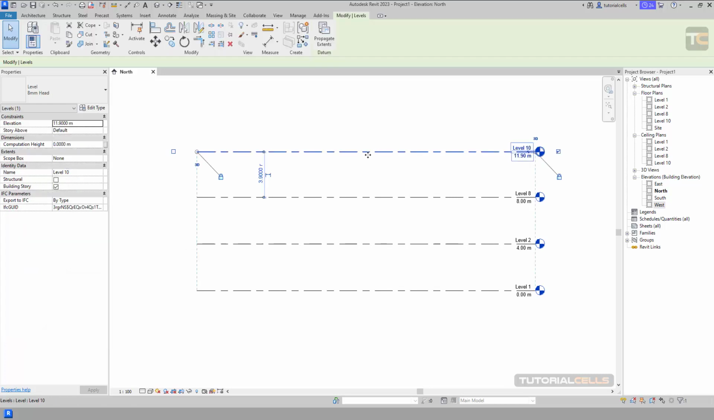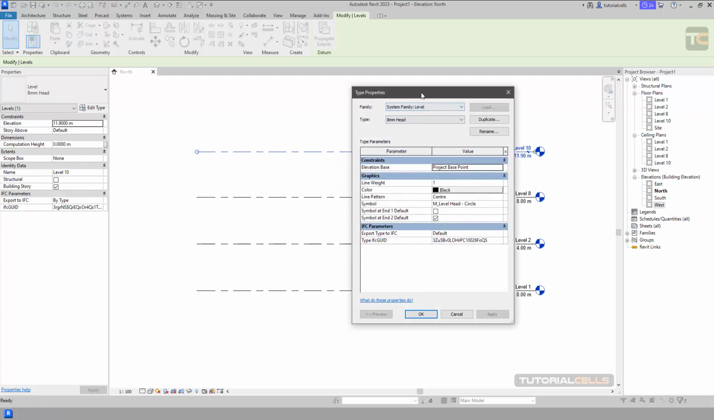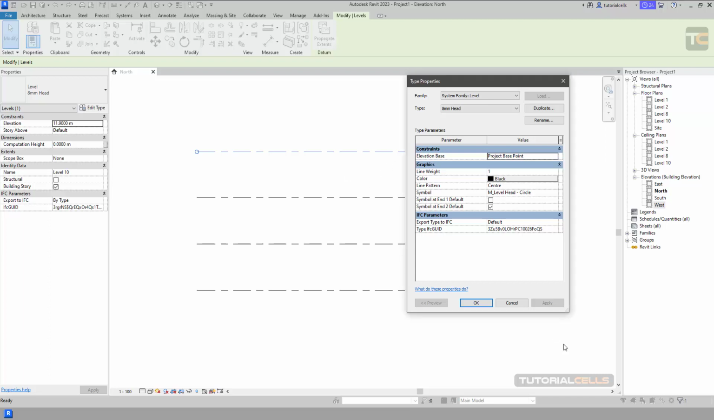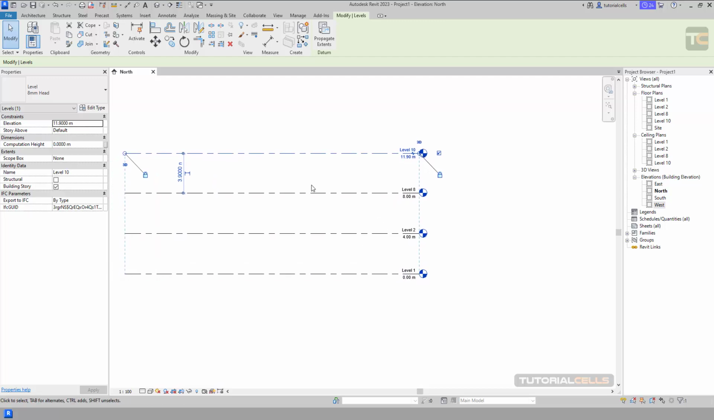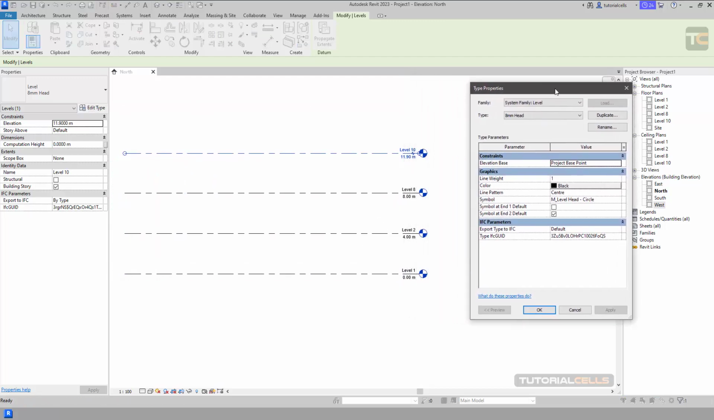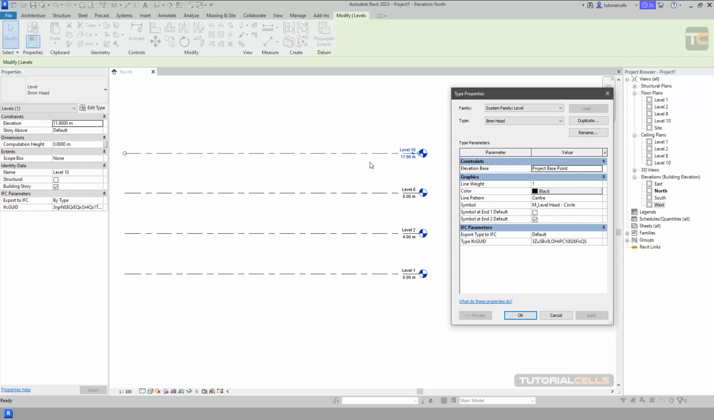Okay, let's change these settings of the edit type. It's very interesting. Edit type means you can change the type of that. These are different types of levels. The category of them is datums, and they are level type. So in the properties, we have just one type of these levels. You can customize them, and